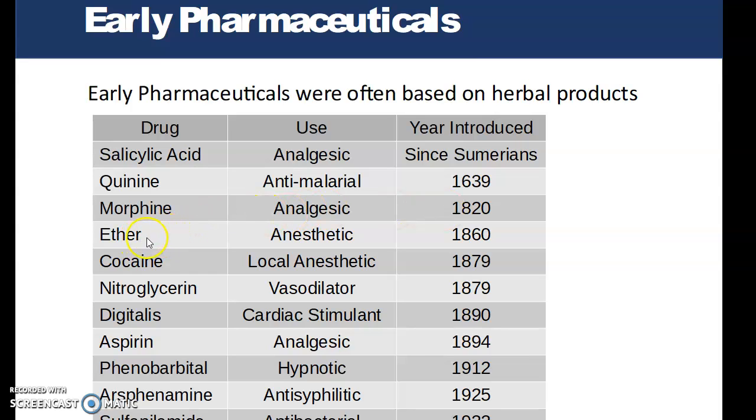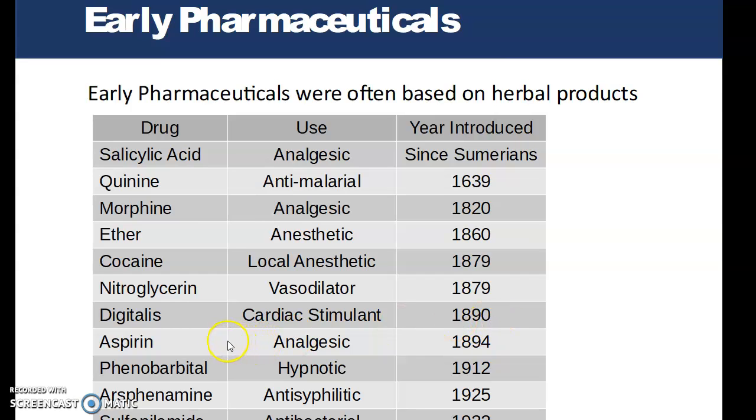Ether, and this is actually ethyl ether, started as an anesthetic used during surgeries during the Civil War. Cocaine as a local anesthetic, and we're talking about medical uses here, because I'm sure that the Incas and other people were using it as a way to take care of their breathing issues at higher elevations long before 1879. But as a local anesthetic, 1879 is when that started. Nitroglycerin as a vasodilator also started in 1879. Digitalis as a cardiac stimulant was